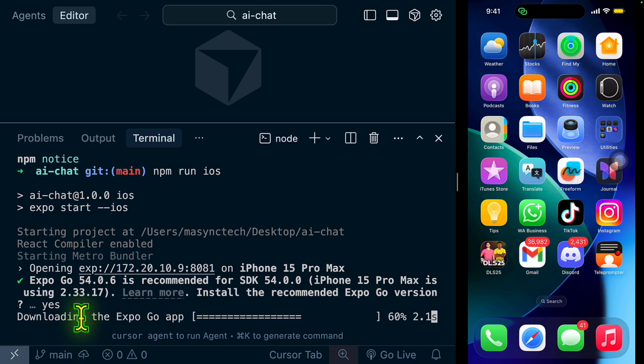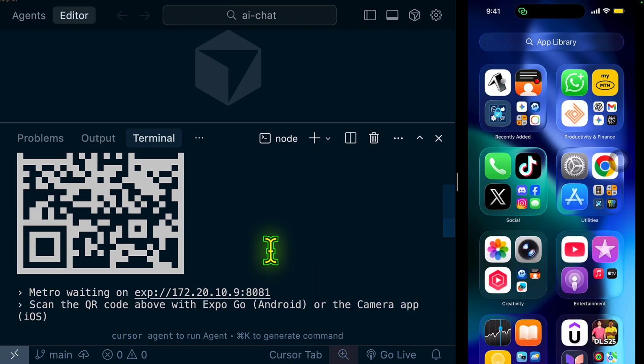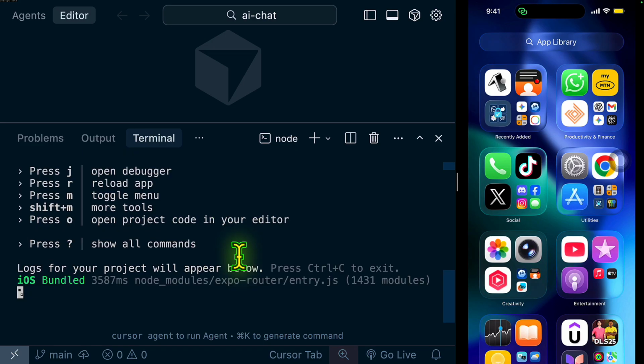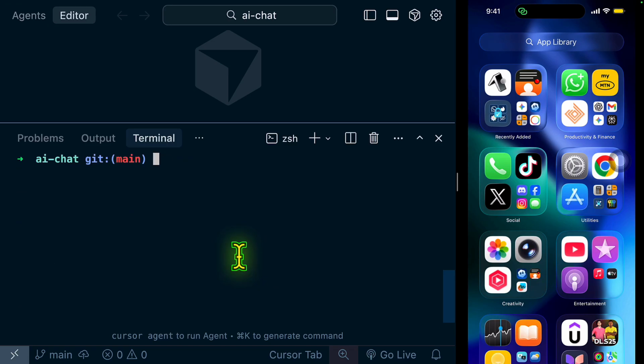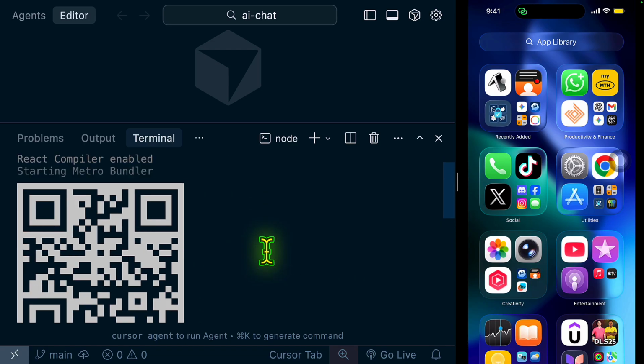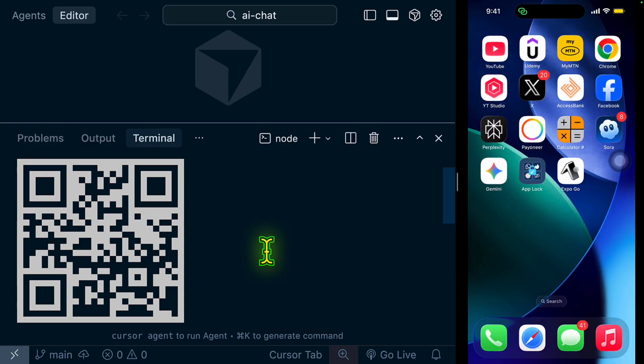It is downloading Expo Go, so let's wait. Oh, sorry, on my side, since we are using our mobile phones, we are going to use a different snippet. So shut down by pressing Ctrl+C or Command+C, and we're going to use npx expo start. Alright, we have the QR code. We're going to scan. I'm going to open my camera